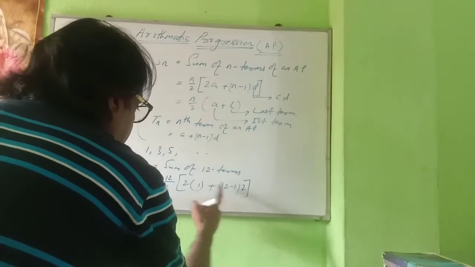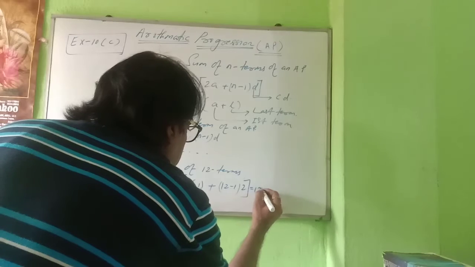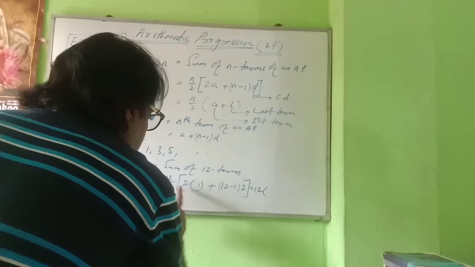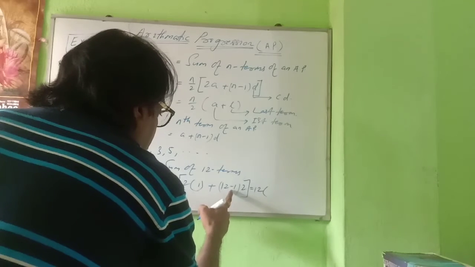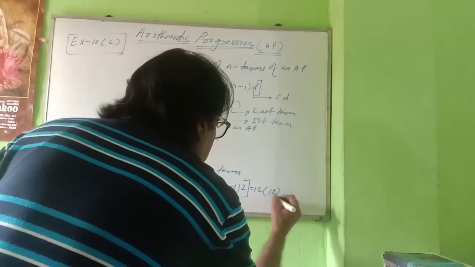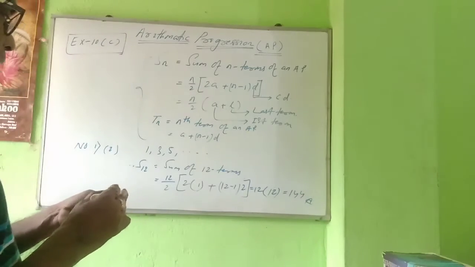Okay, if I take these two common and it is cancelled out, the final answer will be 12 into 2 taken common. These 2 and these 2 are taken common, the 2 cancels, 1, and here 12 minus 1 is 11. 11 plus 1 is 12. 12 into 12, how much are you getting? That is 144. This is the answer of number 1, first part.